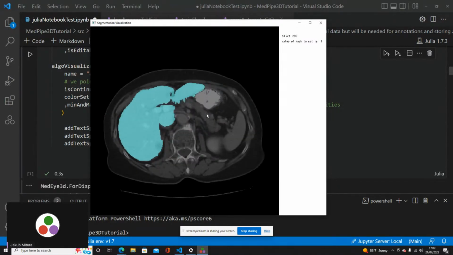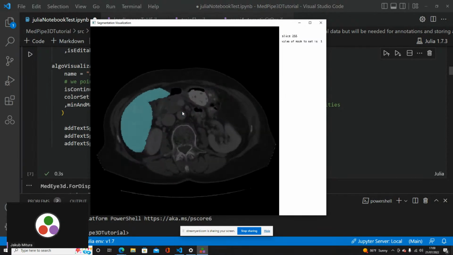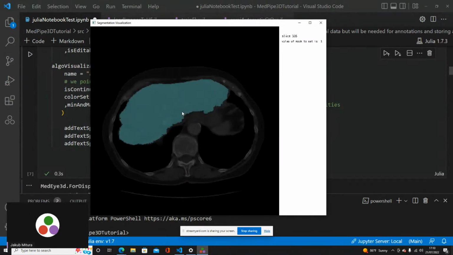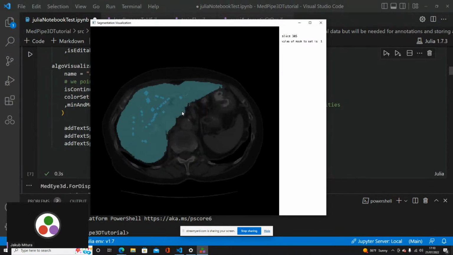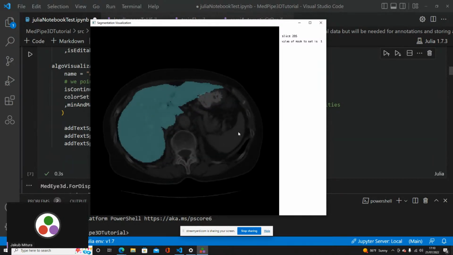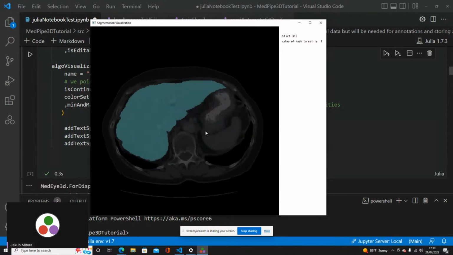Shift 2 will show also the liver. Shift 3 will show the algorithm output, and Shift 4 is the layer of the annotations. What's important is that you press Shift to see something and Control to stop seeing something.